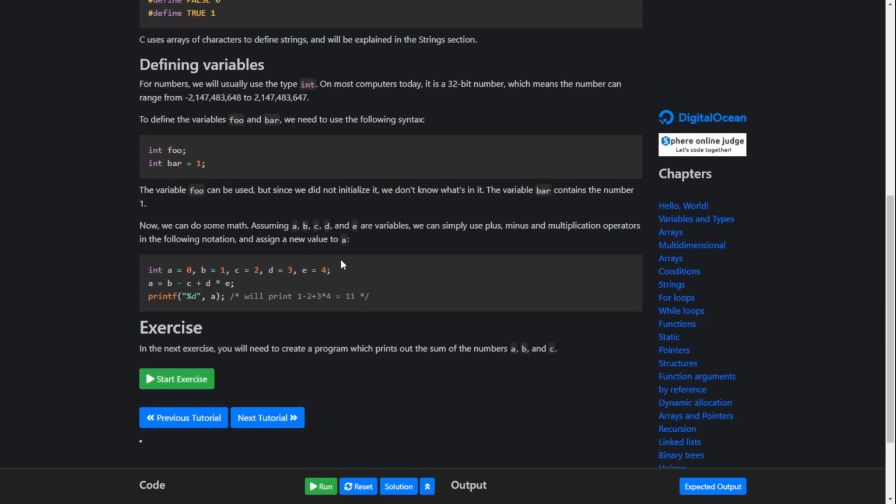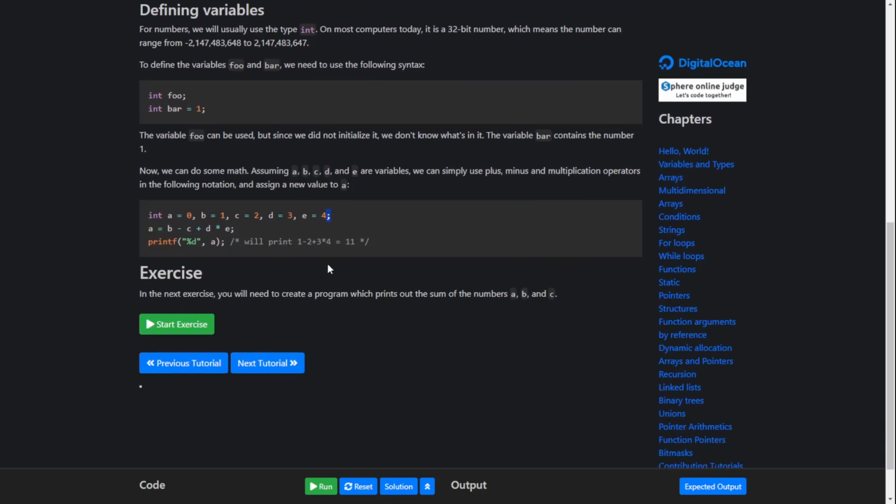What I'm curious about is, are semicolons mandatory? Because in JavaScript, it's really not. It's just a good practice. But let's see what's happening here. Int A equals 0, B until E, for